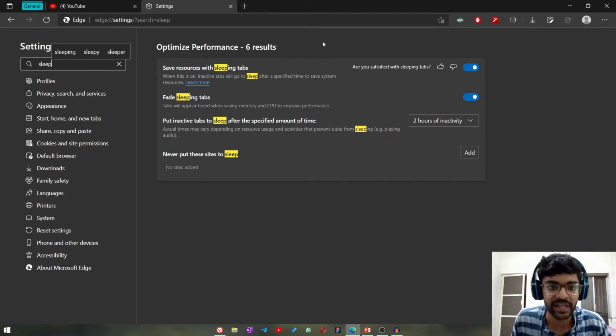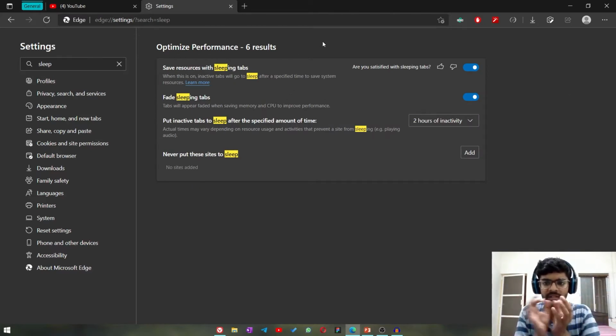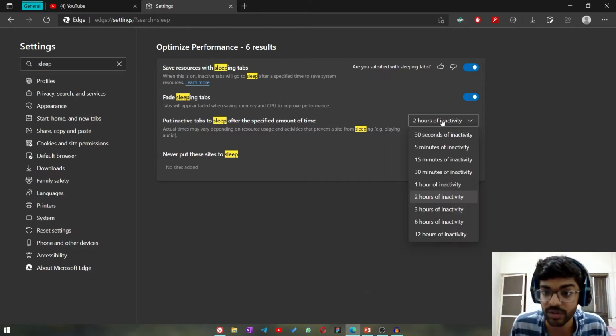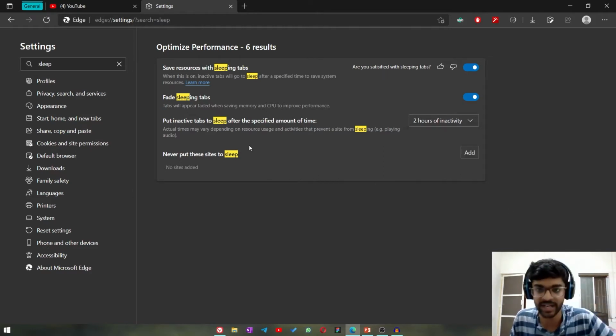Now what sleeping tabs does is after a little bit of time, these tabs go to sleep, like they stop working, same as hibernating. So you can set after how long of inactivity you want it. It's not as good as just right clicking on Vivaldi and hibernating, but it's pretty good.